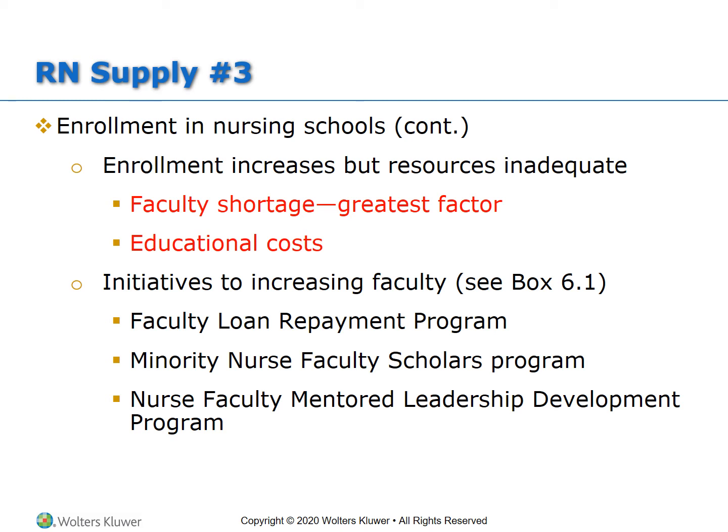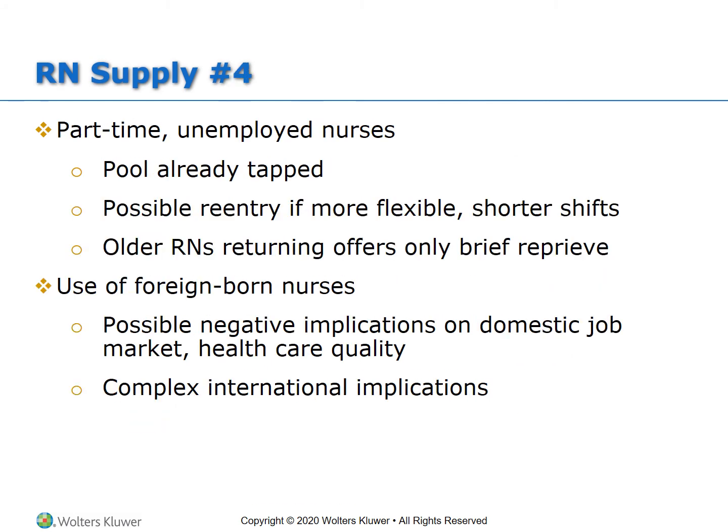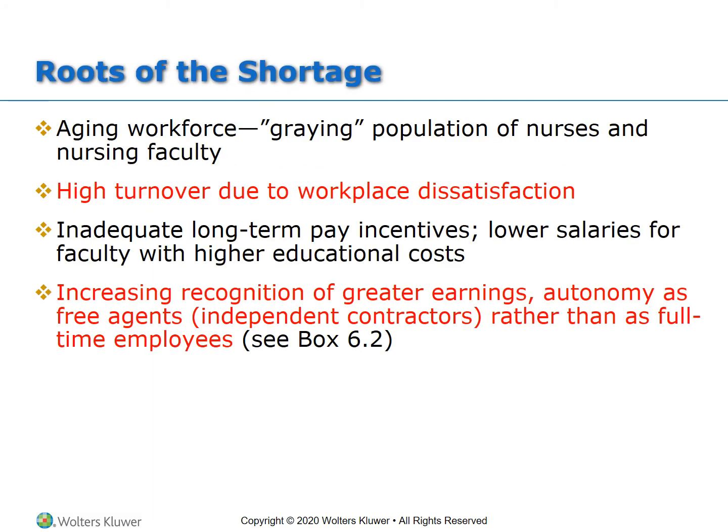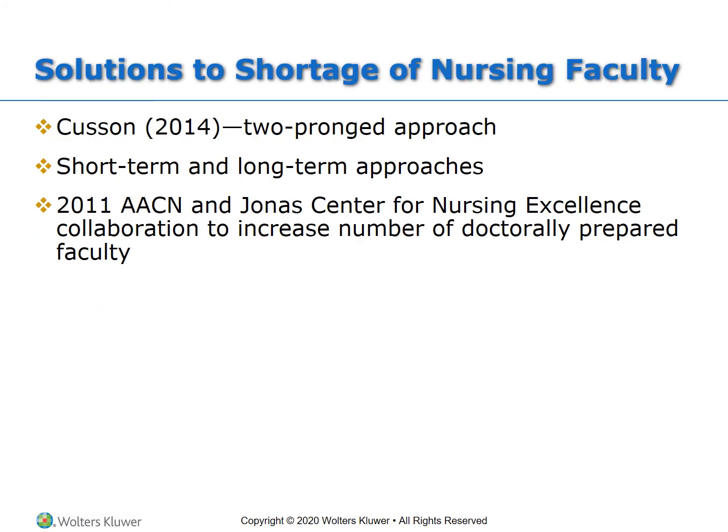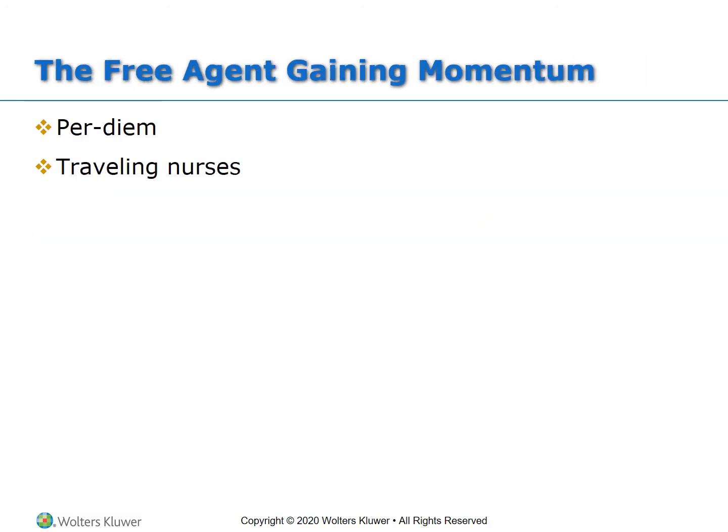So a free agent is often an independent contractor who sells their services to an employer with the condition that they maintain control over the number of hours they are willing to work and their working conditions. There are two types of free agents, per diem and travel nurses. Most generally, a free agent nurse does make a higher hourly wage than other full-time or part-time employees. But workplace dissatisfaction